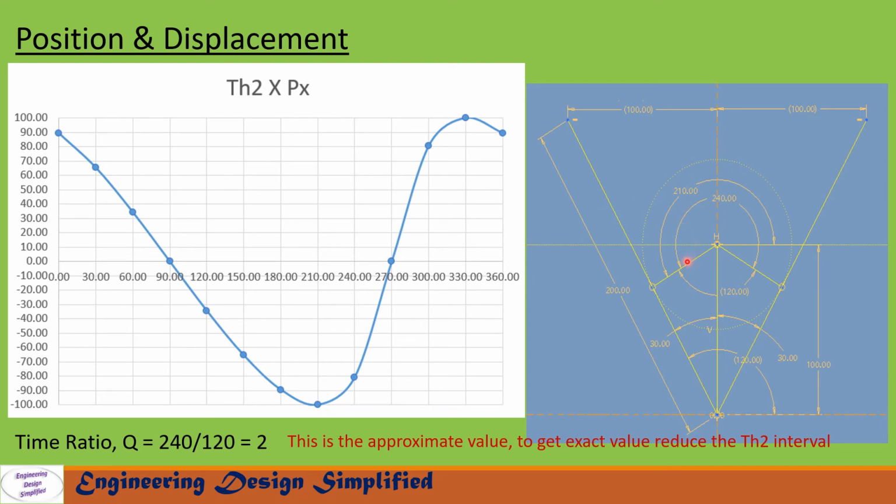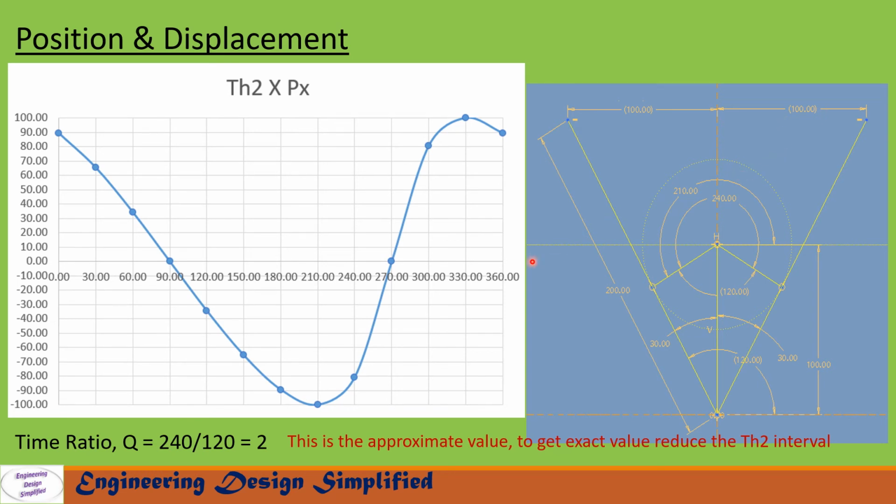So if the crank rotates further beyond 210 degrees, this line is going to move towards right very quickly. So that is shown here. So from 210 to approximately 330 degrees, it is going to change sign very rapidly from negative x to positive x. That means from this extreme position to this extreme position. So after that, it is again going to come towards left.